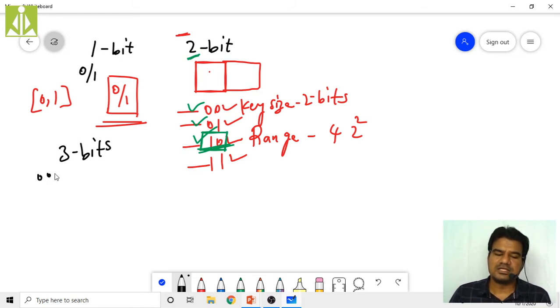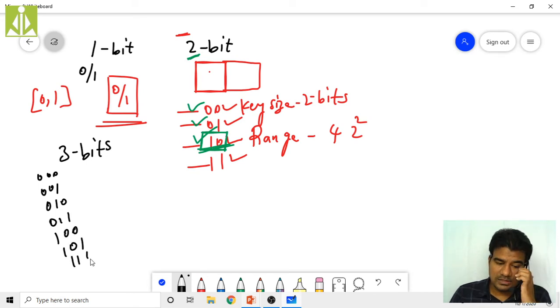I can take 0 0 0, 0 0 1, 0 1 0, 0 1 1, then 1 0 0, 1 0 1, 1 1 0, and 1 1 1. So how many? I guess 8, isn't it? So with a key size of 3 bits, I got the range as